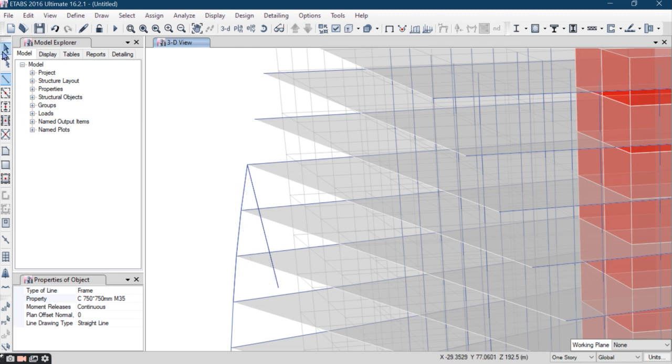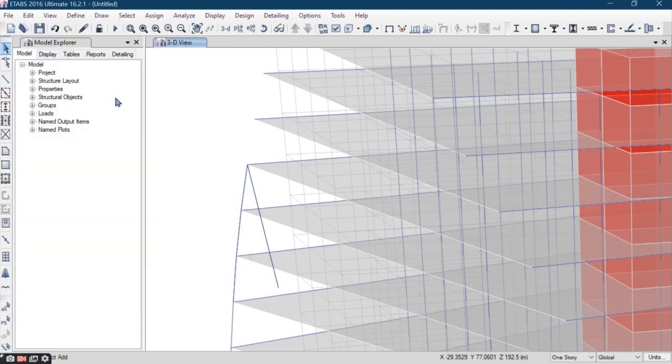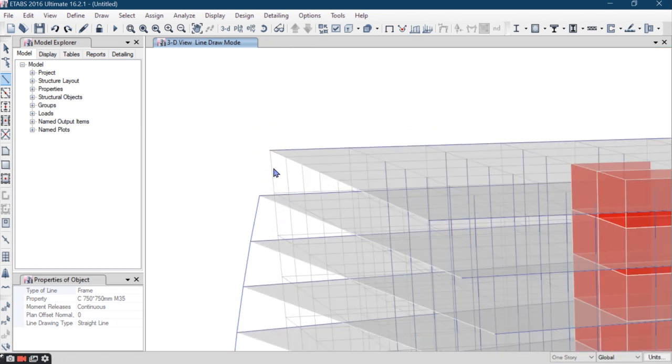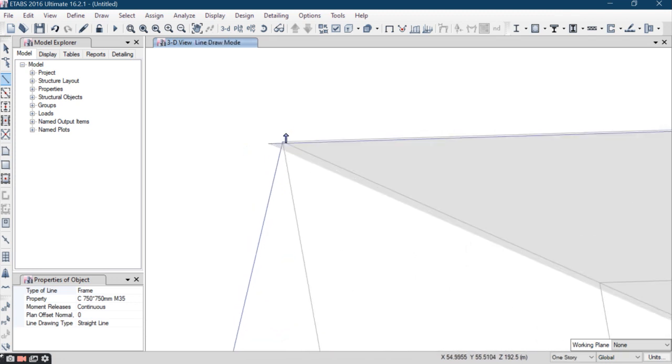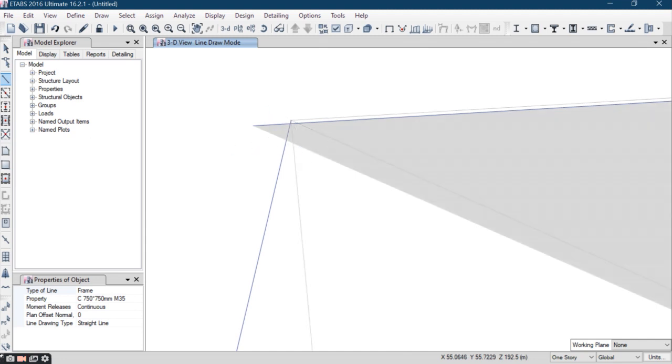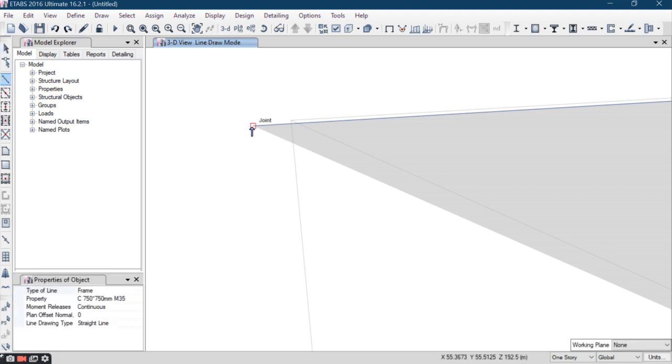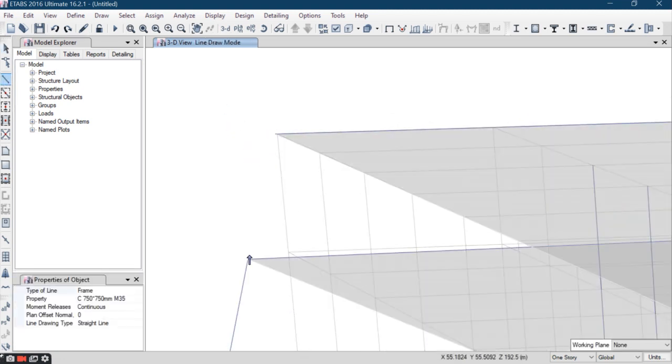I did some little mistake, so go to edit, undo it, and again select this column and connect it to the next floor like this. I think, as you can see here I have done a little mistake, so I have to connect this column here to. Okay,